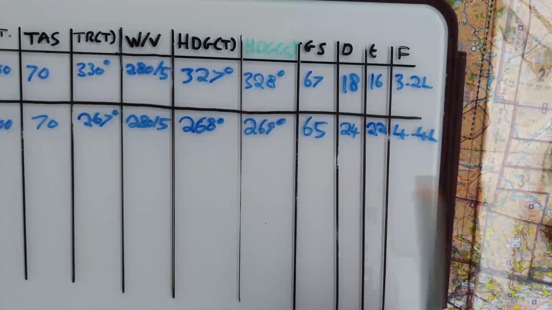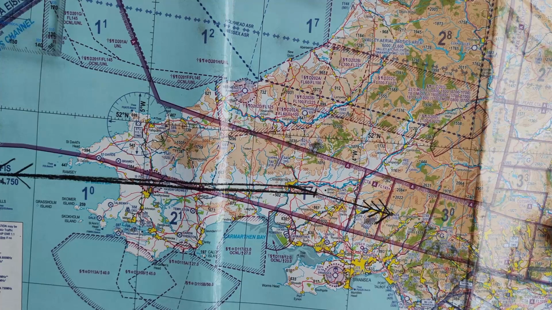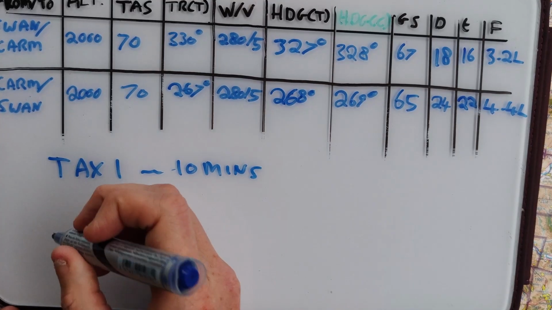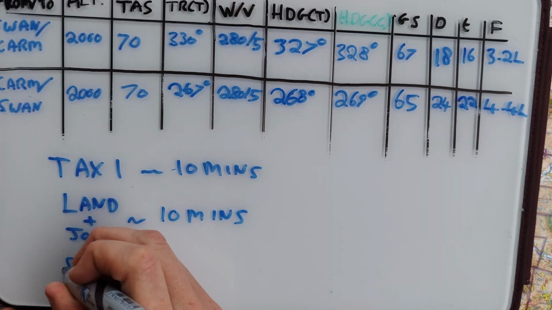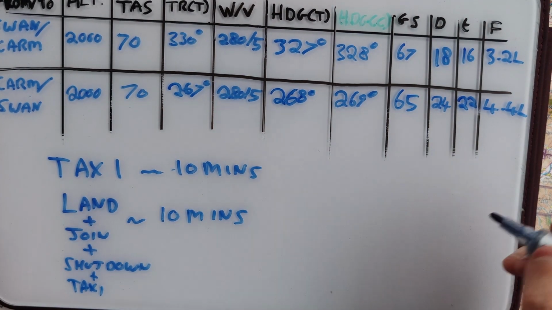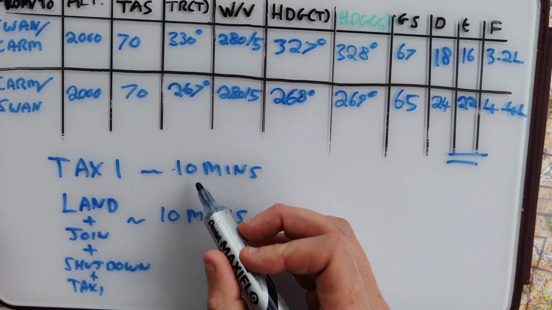So is it slowing us down? Yes. Are we slightly increasing our heading? Yes. Does it make sense? Yes. We can also add a little bit of time for taxiing and for landing. 10 minutes to taxi, add that on, work out the extra fuel, and check if we are now within our weight and balance, centre of gravity, and our performance figures. We can have our landing and join, add that again about another 10 minutes, shut down. So basically add 20 minutes on, and we can see our total time, 16 plus 22 plus 10 plus 10